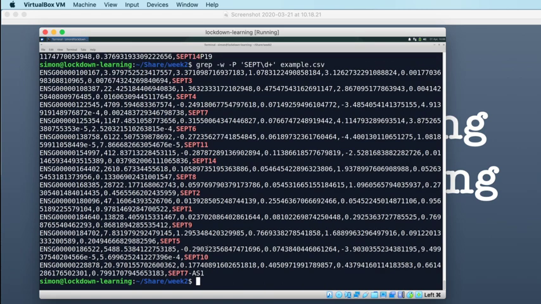So I just want to check that that works, and indeed it does. So that finds our 12 septin genes and none of the extra ones that aren't actually members of the septin gene family. So that's another useful option for